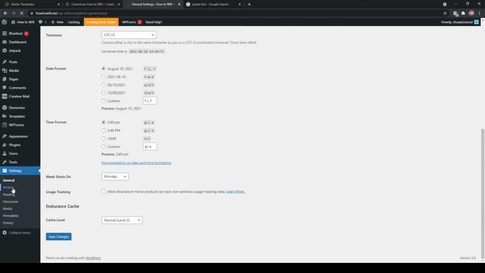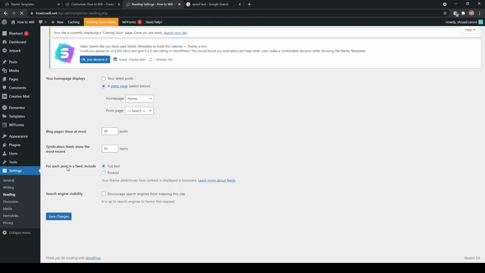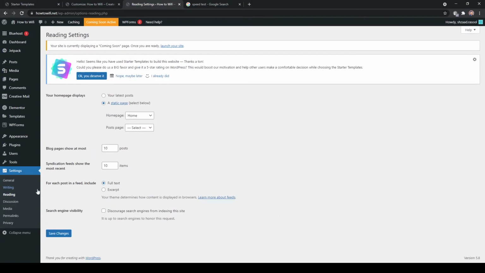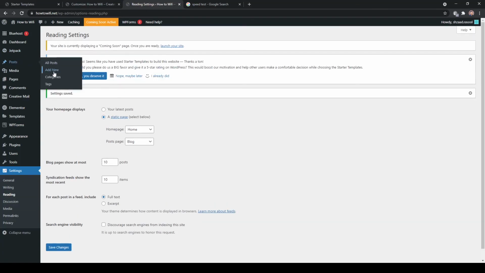writing right here, reading. You have to go to reading, and from here you can select post page to blog page. You have to simply click on save changes, and your changes will be saved. And after that you need to add a new post by here. Click on add new,